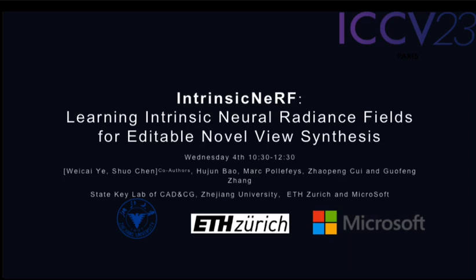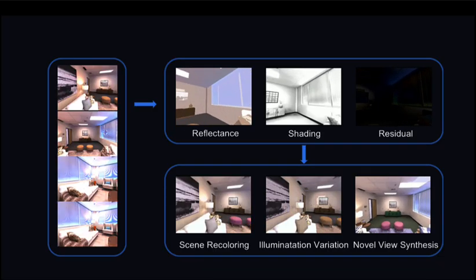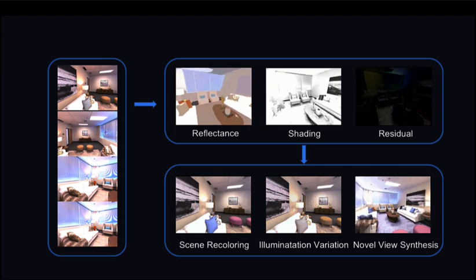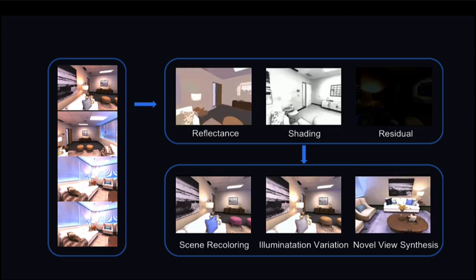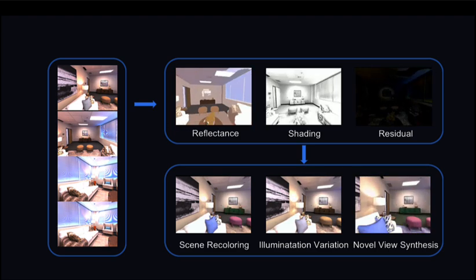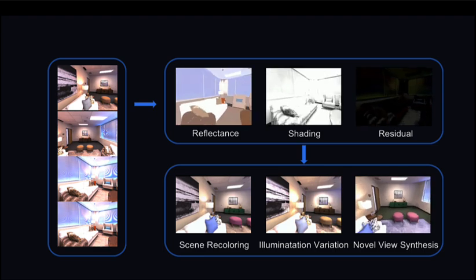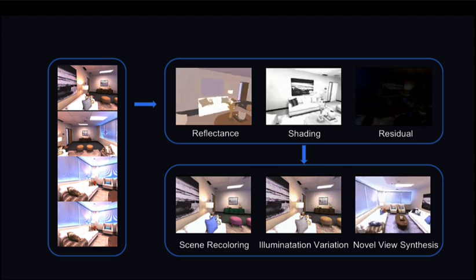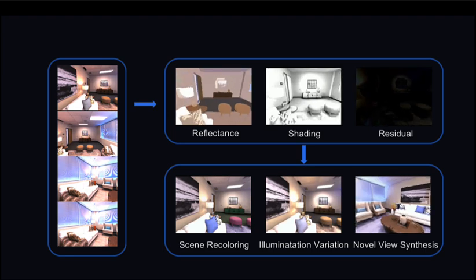IntrinsicNeRF, learning intrinsic neural radiance fields for editable novel view synthesis. Given a set of multi-view images with camera pose, IntrinsicNeRF can factorize the scene into temporally consistent components: reflectance, shading, and residual layers. The decomposition can support real-time augmented video applications such as recoloring, illumination variance, and editable novel